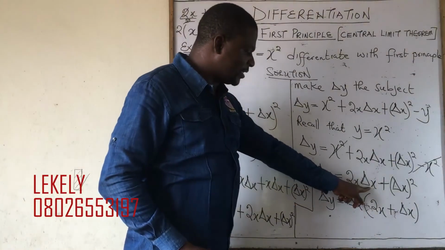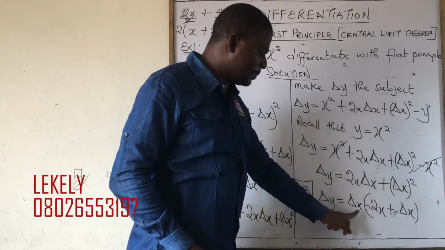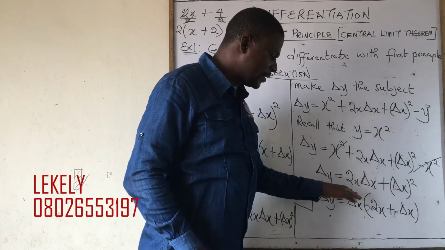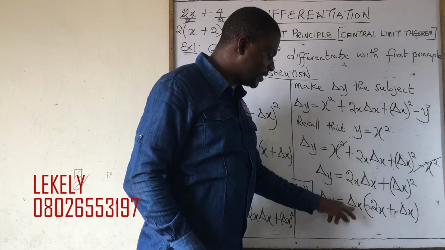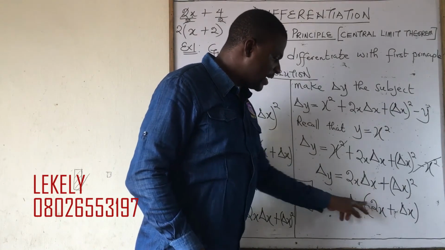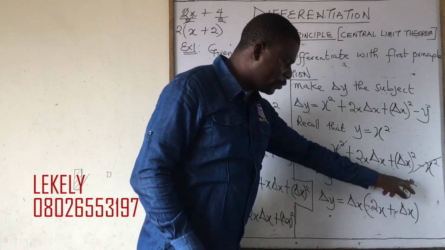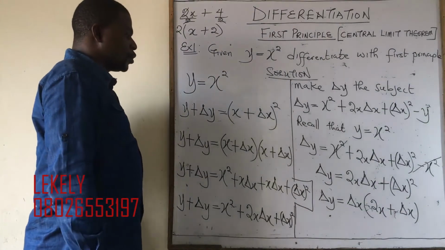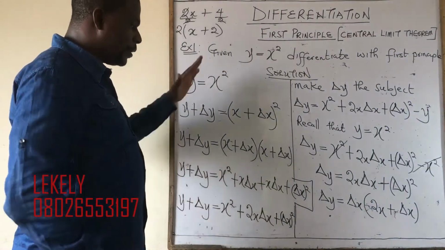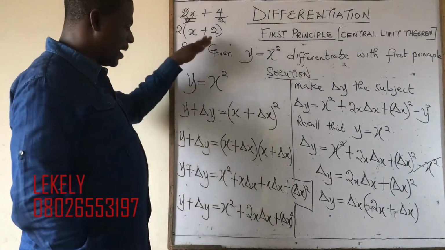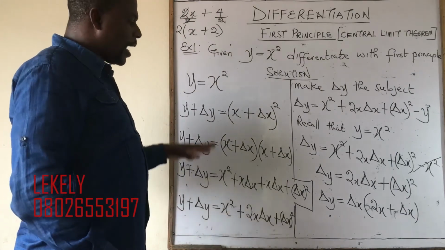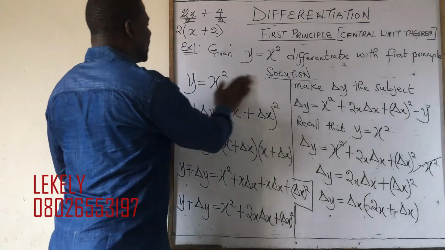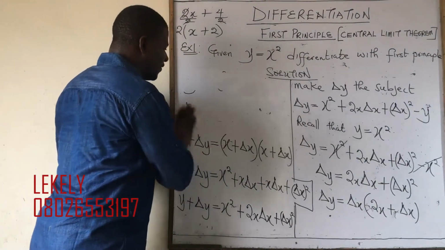So here now, I said change in x is here. Change in x is here. Let me bring it out. So I will use this change in x to divide both sides. So if change in x cancels change in x, I will be left with 2x. Change in x will cancel 1 out of these 2, it will remain 1. That's why you have this. So I expect you to pause the video, write down this place, because I'm going to clean this side now and continue. Okay, so having said that, I'm now going to have